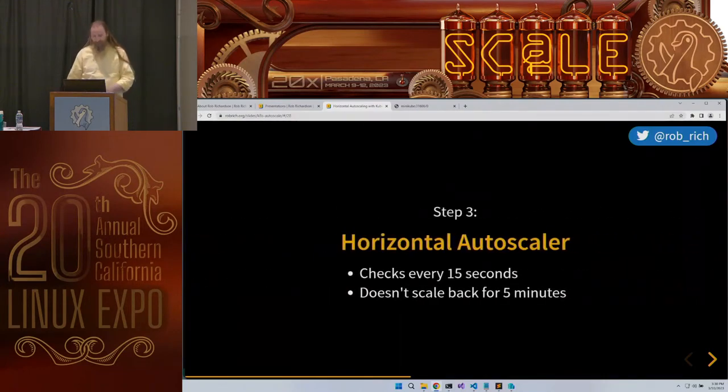So it will check by default every 15 seconds. And once it makes an adjustment, it will leave it be for 5 minutes. If we were to say scale up and then immediately we reach capacity and now we scale right back down, it'll kind of keep sloshing or flapping up and down. If it takes a while for our application to spin up, maybe it's scaled up, but it takes a while for it to boot and populate its cache and do the things. And so, well, then it's going to notice that the capacity hasn't changed and it'll scale up again. So by default, it will check every 15 seconds and it will leave it that way for 5 minutes.